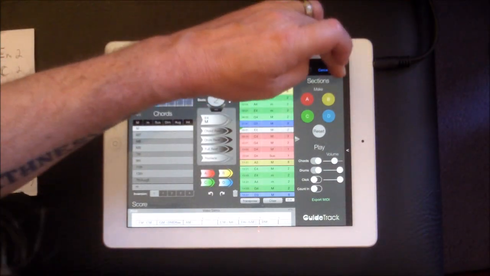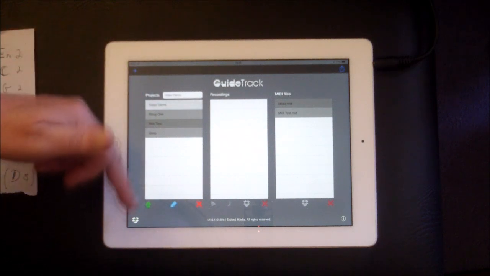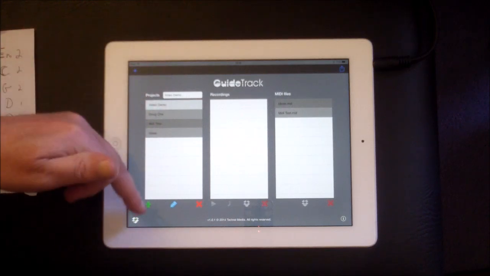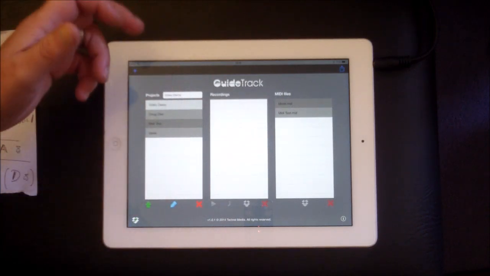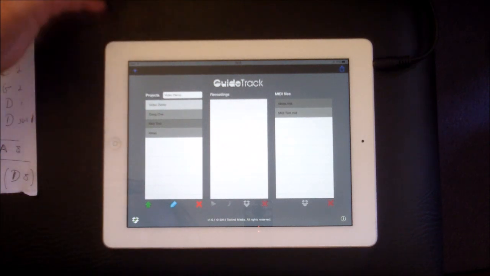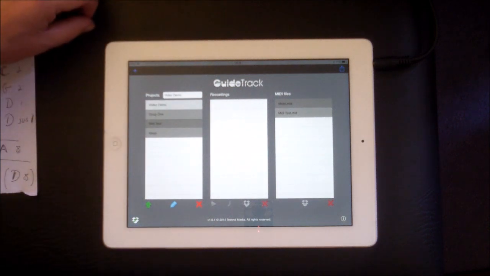Okay guys, so that's done. So when that's done, it appears there is video demo, and once we've highlighted it, we can choose to send it off to email. We can make a recording, a kind of live recording as well, and that'll appear there. And then we can also save it as a MIDI file.